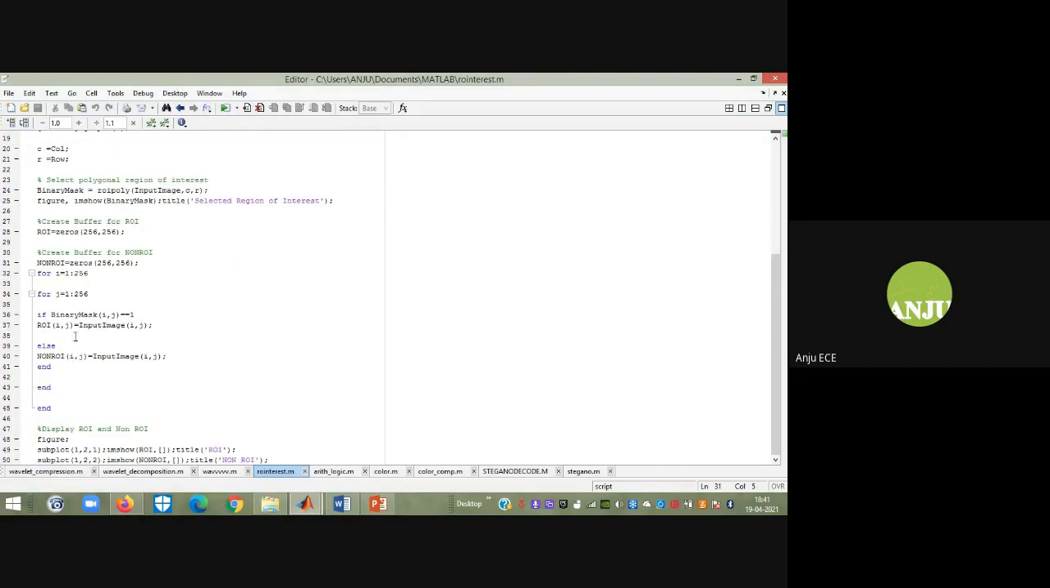Now this is a nested for loop. These nested for loops are just for you to access the individual i and j. That means i equal to 1 and j equal to 1 means I'm accessing the (1,1) location of my image. So we check with this binary mask: if that location is equal to 1, then it means that is actually the region of interest, and you fill that region of interest with the corresponding values of my